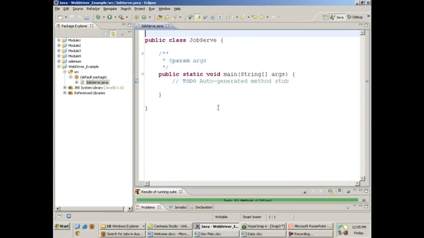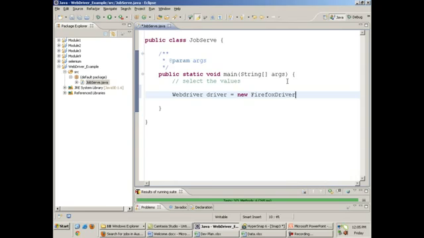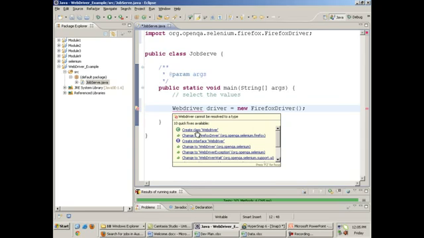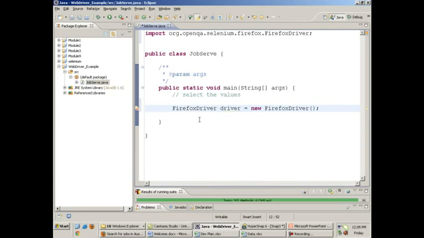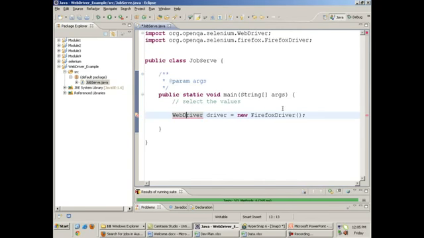Now in phase 1 we will not take the Excel file, we'll just select the checkboxes. The first command would be that I need to open my Firefox. Right, I open the Firefox and I import the WebDriver class, and then I write driver.get